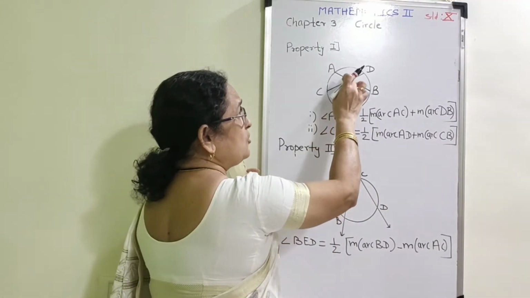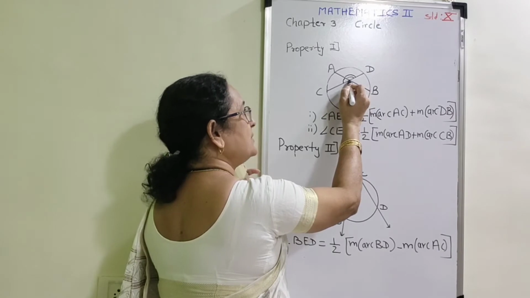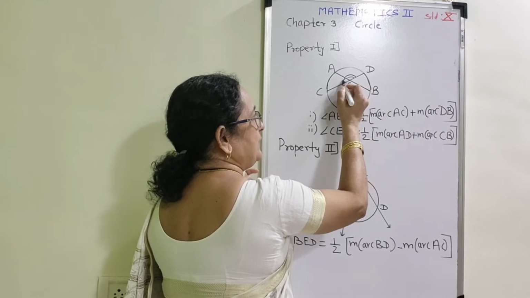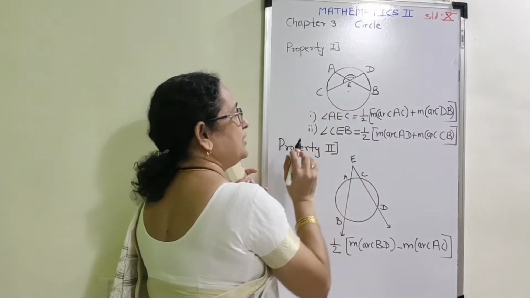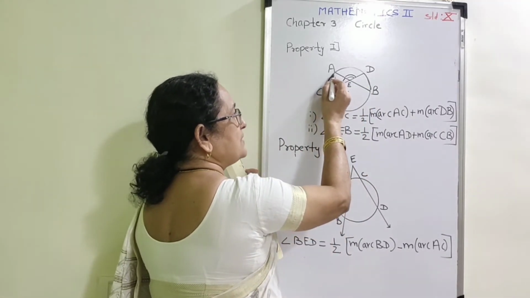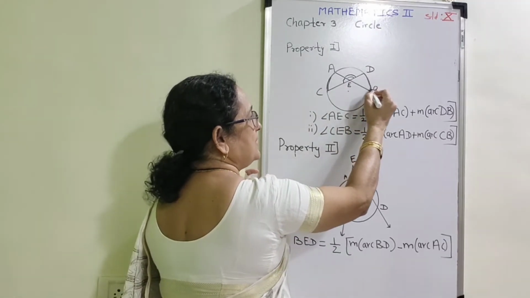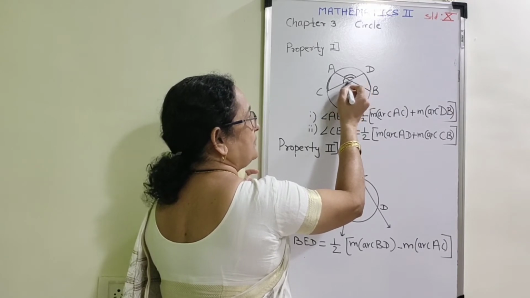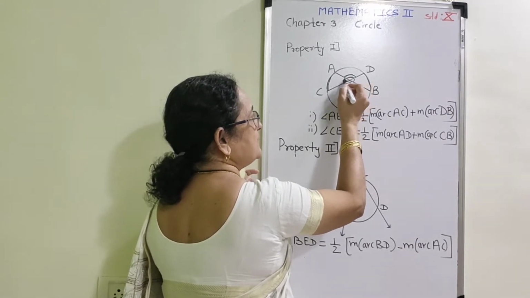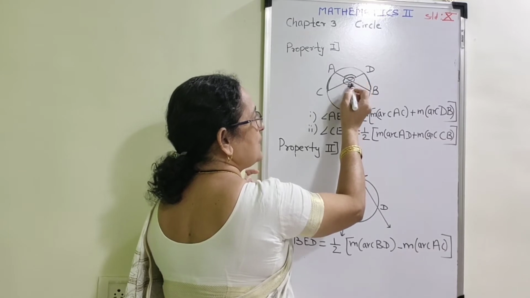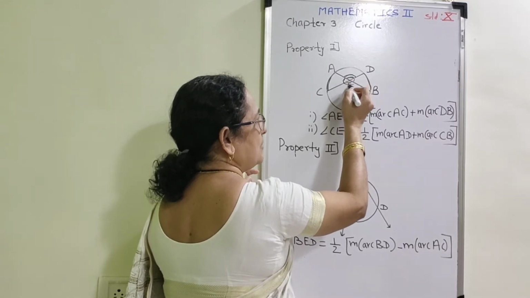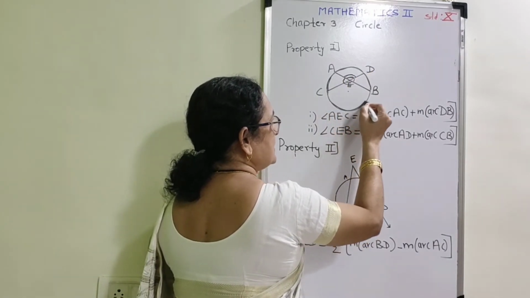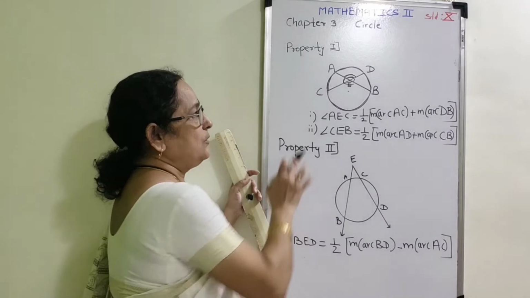That means when the chords intersect in the interior region of the circle, you should know the measure of these two arcs. To find the measure of this pair of vertically opposite angles, it is half of the measure of arc AC plus the measure of arc DB. If you want to find out the measure of this angle as well as this angle, which are vertically opposite, these two are congruent, these two are congruent. The measure of this one is equal to half of major arc AD plus major arc CB. No need to write the proof, only remember the